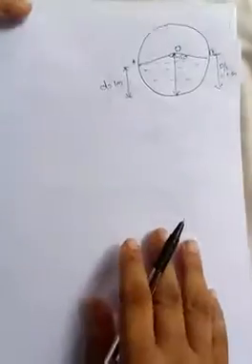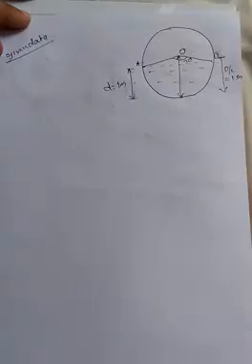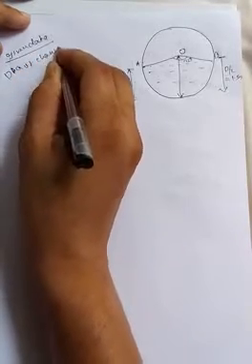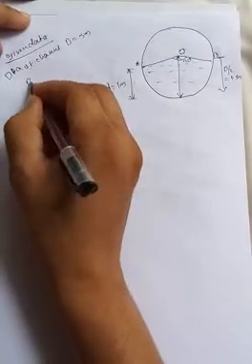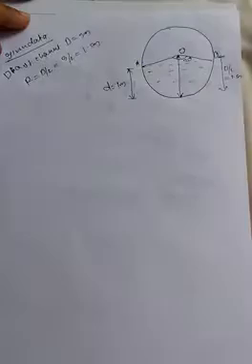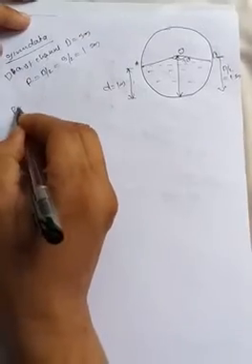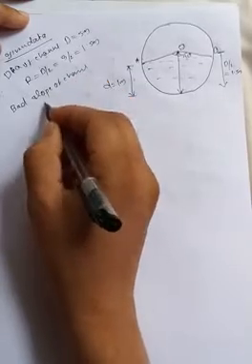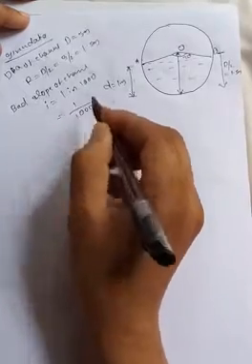Okay, so here the given data, what are the given data? The first one, the dia of channel D is equal to 3 meter. So the radius is equal to dia by 2, which is 3 by 2, equal to 1.5 meter. So the radius of the circular channel is 1.5 meter. And next, the bed slope of the channel, i is equal to 1 in 1000. Also you can write it as 1 divided by 1000.